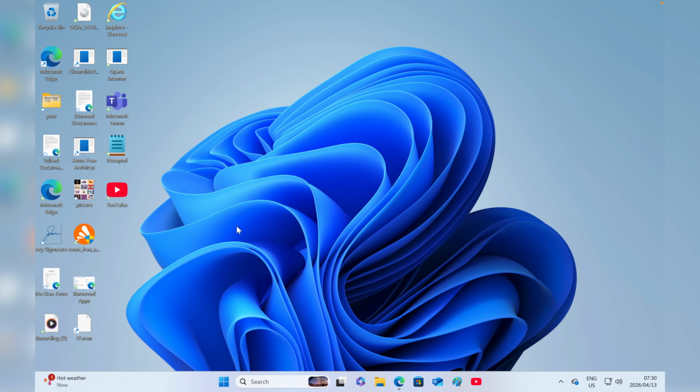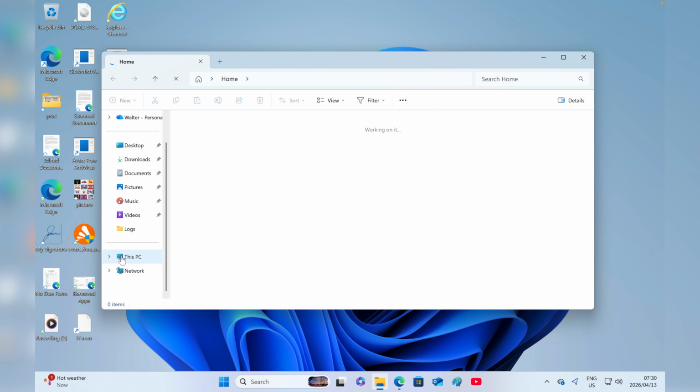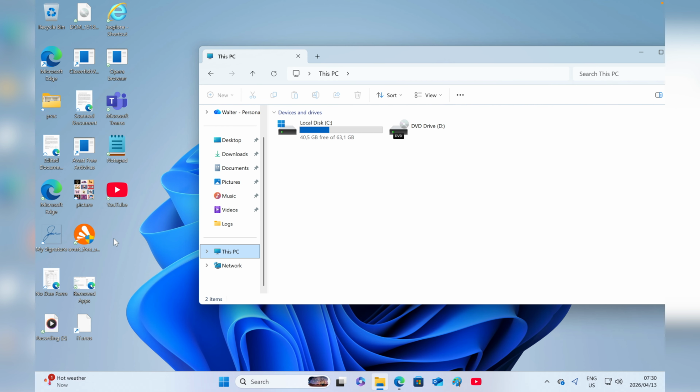to add this PC logo here on your desktop. So the thing is, this PC helps you get into your computer so you can get into USB devices if you connect external devices such as a pen drive or something like that. Let's say you want to get quick access to it. Instead of opening File Explorer and then going all the way to this PC, which is right here on your left side, I'm going to show you how you can keep this straight here on desktop so you can